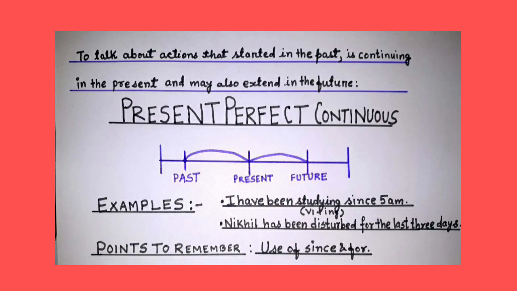Always remember, present perfect continuous tense tells about actions which started in the past and may also continue in the future. Points to remember in present perfect continuous tense is the use of since and for. Usage of since and for is very important while using present perfect continuous tense, and in the upcoming videos we will discuss its usage in a detailed way. I hope all the 4 subdivisions of tense are clear to you. In the upcoming videos we will discuss past tense and future time reference in detail.